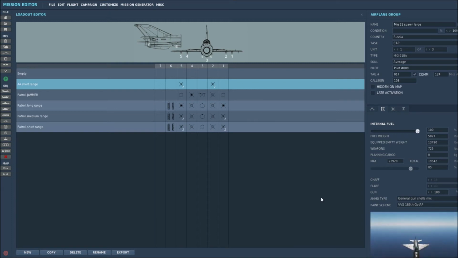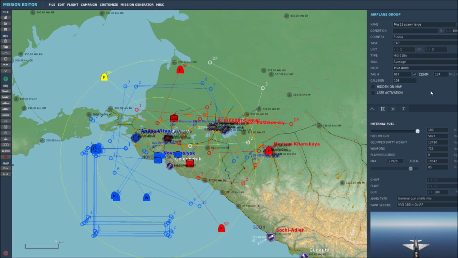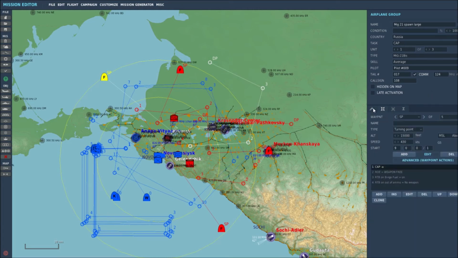These guys here. And I've actually set up a specific loadout, air-to-air short range, using R60s. So all they've got is 4 R60s, which are much like the M9s, you know, like a Sidewinder type of thing, just to give my guys a bit of a break, make it, you know, not too hard for them. Again, I've got the waypoints set up 1, 2, 3, 4. So cap, usual weapons free, RTB on bingo fuel or no weapons, and their height, they spawn in at 15,000